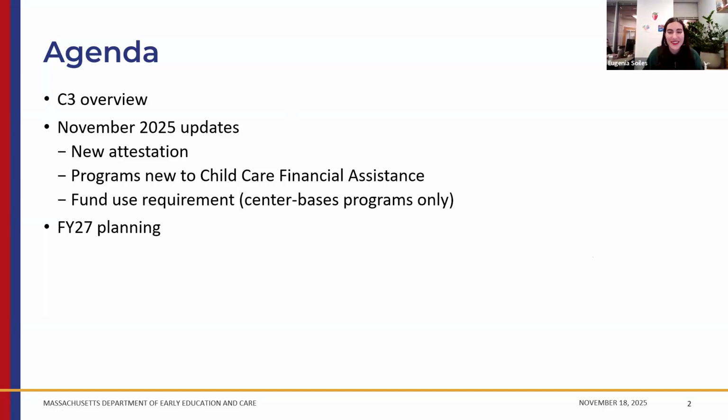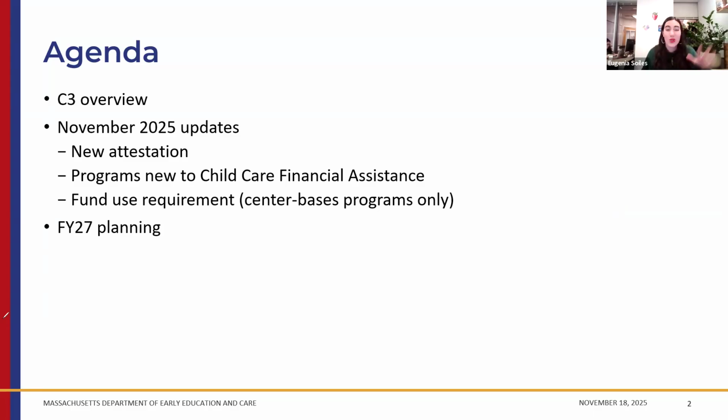There are a couple of new things that folks should be aware of. One is we're going to have a new attestation, to make sure that folks who are using C3 are attesting that they are willing to accept childcare financial assistance.